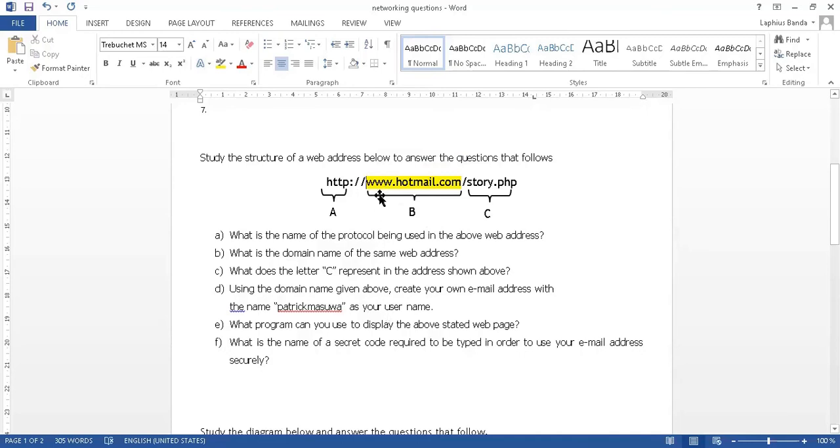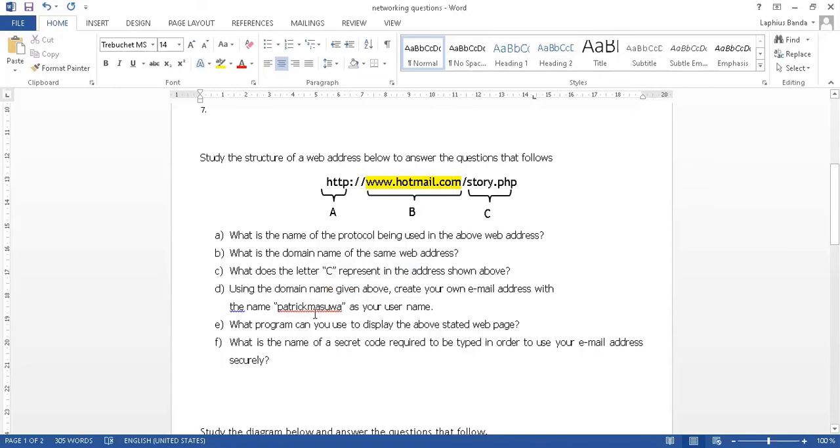Okay, so it's saying www.hotmail.com. Using this domain name, can you create the email address using Patrick Masua as the user name or user ID? So you're going to use hotmail.com to come up with the new email address, which is Patrick Masua, whatever